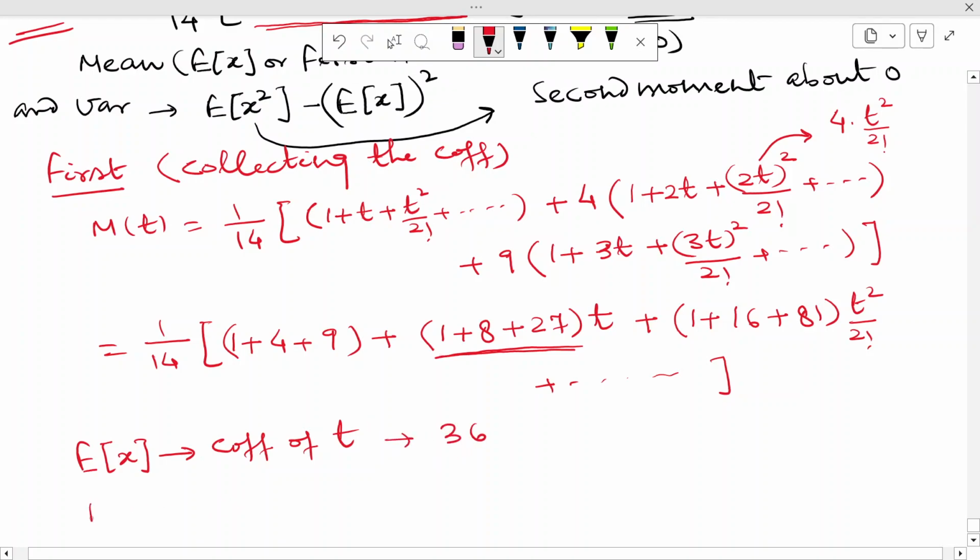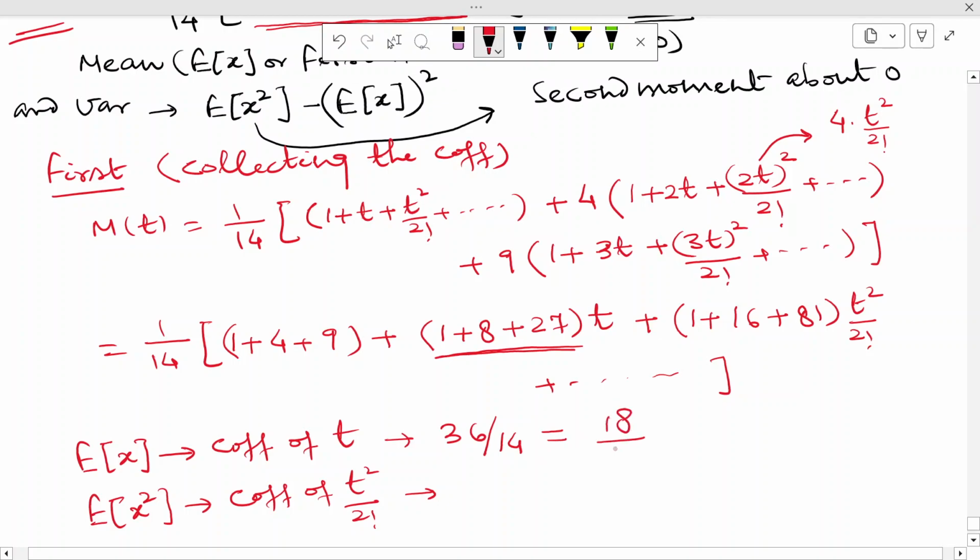Okay, and similarly the expectation of x square is the coefficient of t square over factorial 2, so this will be 81 plus 16 plus 1. In fact this is 1 by 14 outside, so this can be written as 36 by 14, so you can write this as